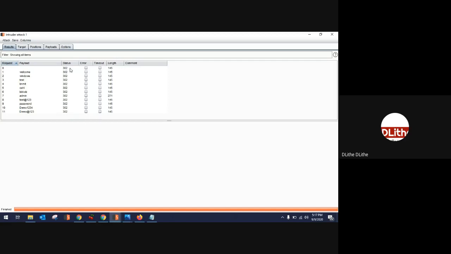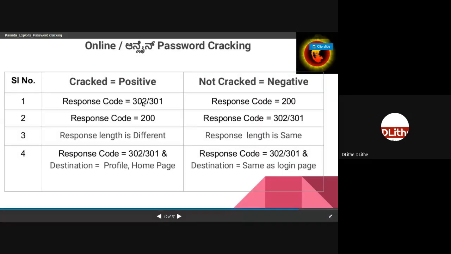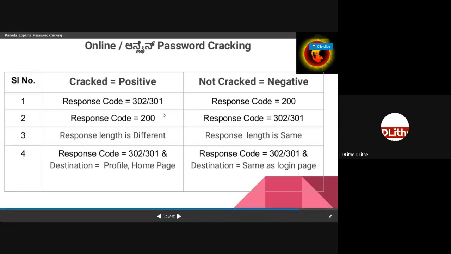For some websites, 302 or 301 means the password has been cracked. For some websites, 200 means the password has not been cracked. And for some websites, it's vice versa. That is, for a cracked password it may show 200, and for a password not cracked it would be 302.